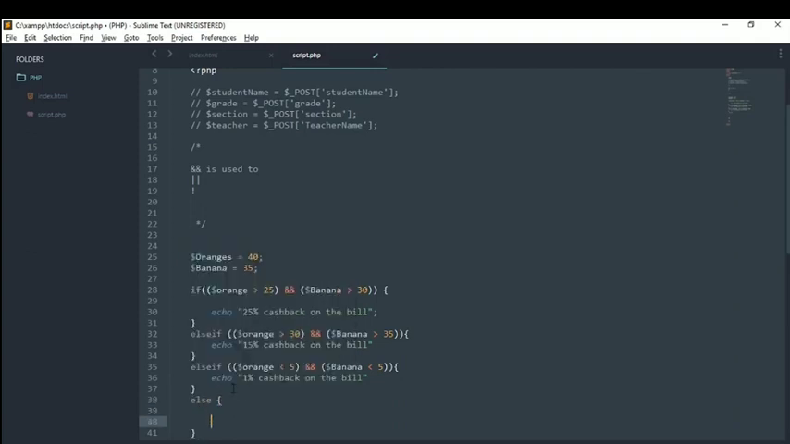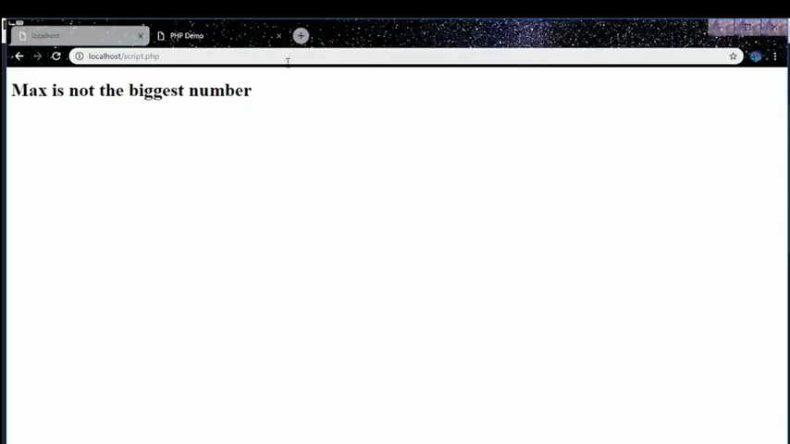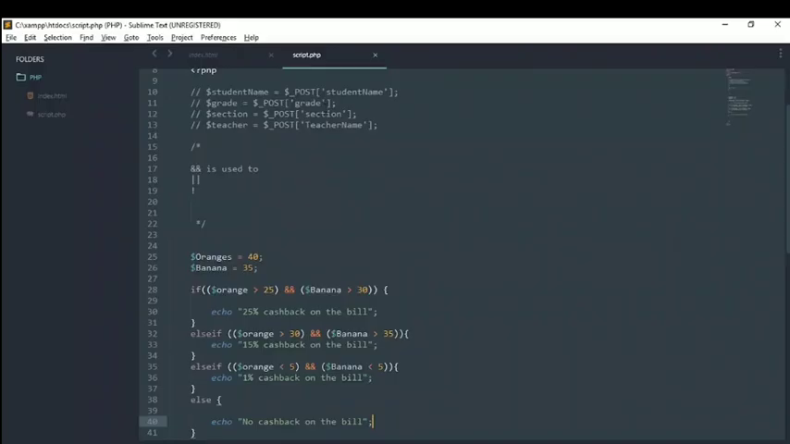That is going to always be your final statement. You can say no cash back on the bill. Now I've forgotten my semicolon here. So let's just execute this for the sake of executing. Okay, on line 28,